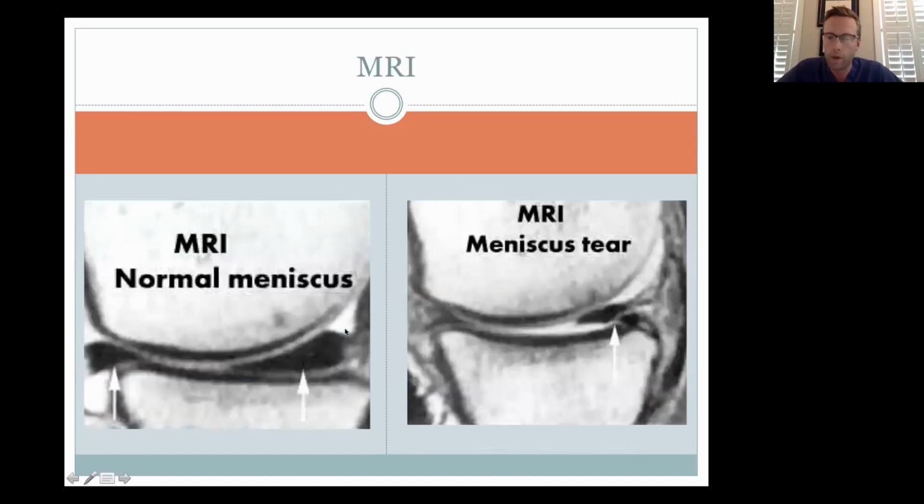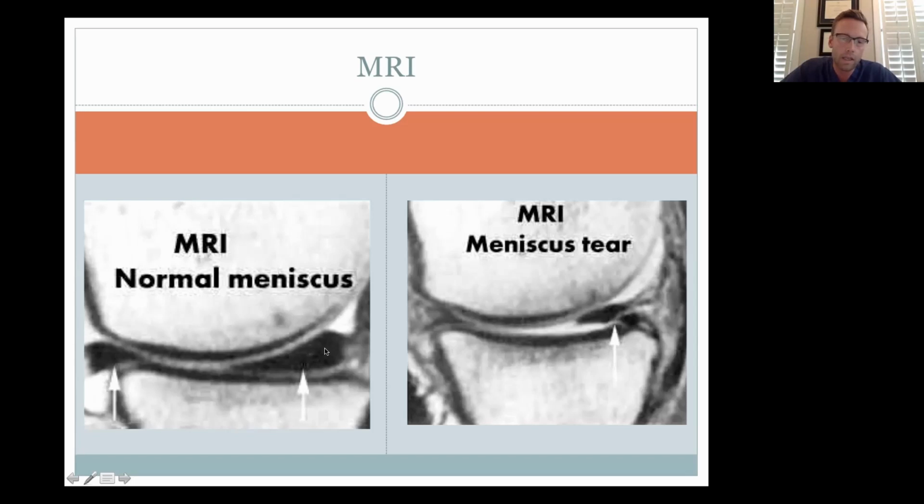If you don't get better and we suspect a meniscus tear, oftentimes we'll take the next step to image it further, and that might mean an MRI. So this is a picture of a normal MRI on the left and a tear on the right. So these black triangles are basically us cutting the knee front to back. So you see the front edge and the back edge, and you should see a nice, consistently black pattern to